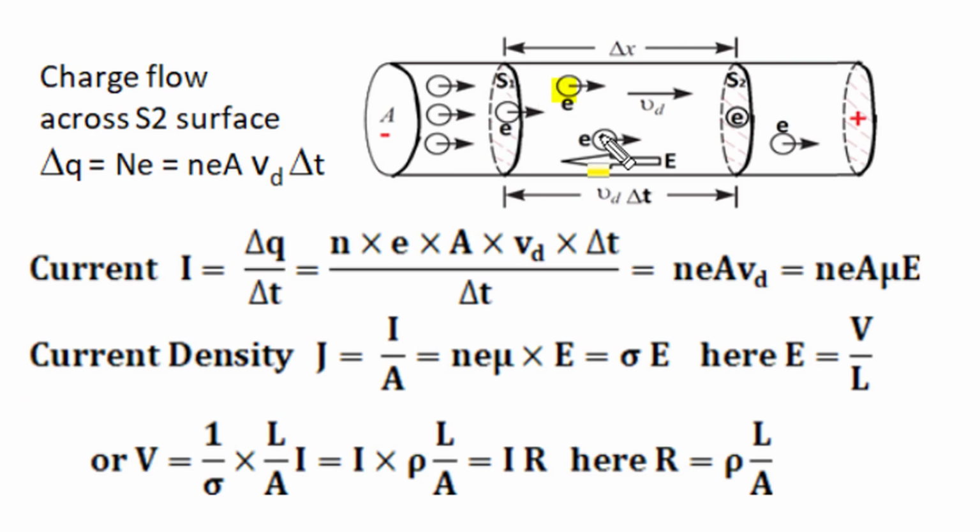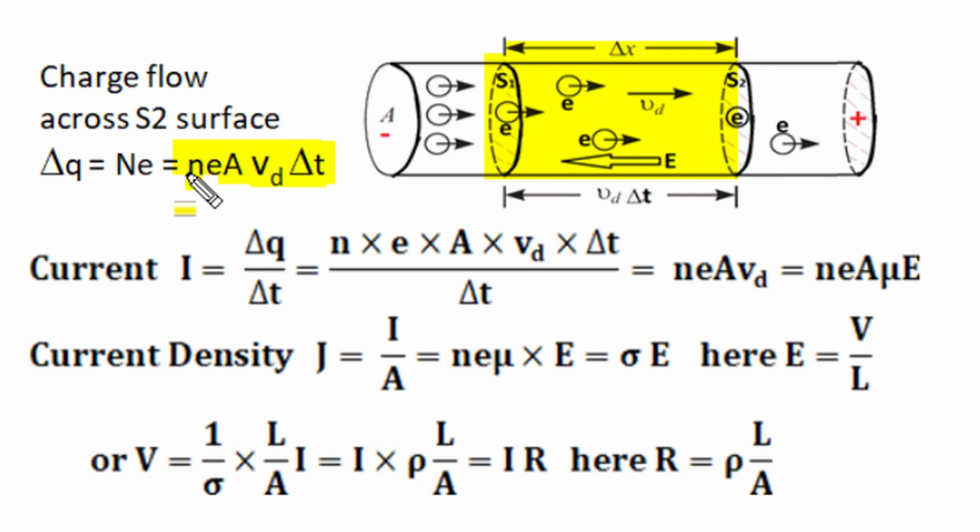When all free electrons drift with the same drift velocity, then in delta t time they have a displacement delta x, and this displacement multiplied by the cross-section area becomes the volume of electrons which has displaced across the S2 surface area. In this volume the number of electrons is given by charge density multiplied by volume of S1 S2 area, and if an electron has charge e, then the total amount of charge crossed